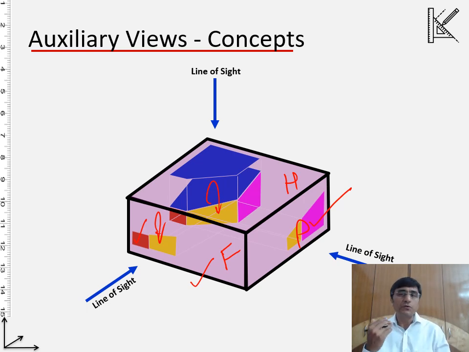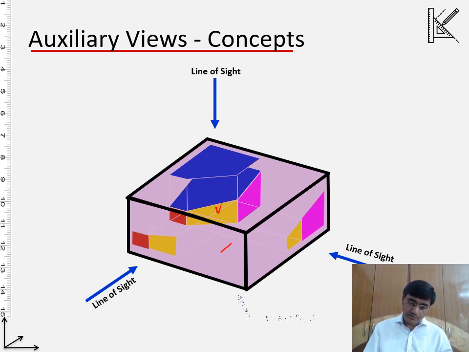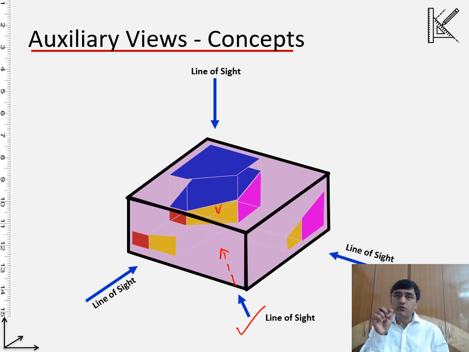To handle it, what we need to do, we need to identify a plane which is parallel to the yellow trapezoid, and then we will project the yellow part on that plane. In that case, it will come with the right size and shape, or we can say the normal view. So let's do it. To do that, we will have another line of sight. So this line of sight, the direction which I am making over here, is in fact perpendicular to the yellow trapezoid, as you understand.